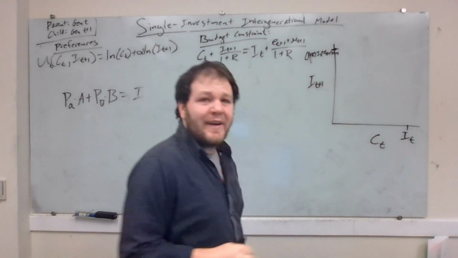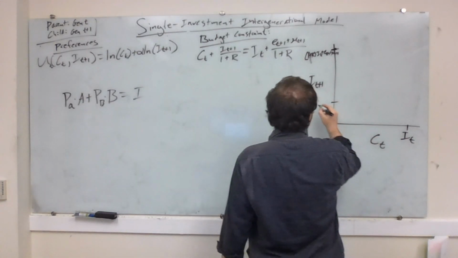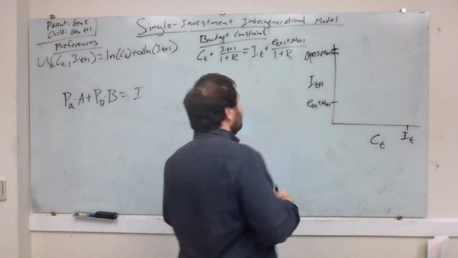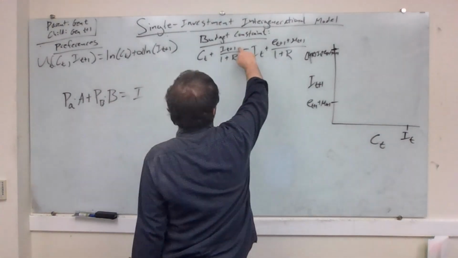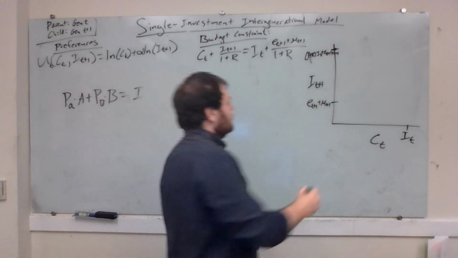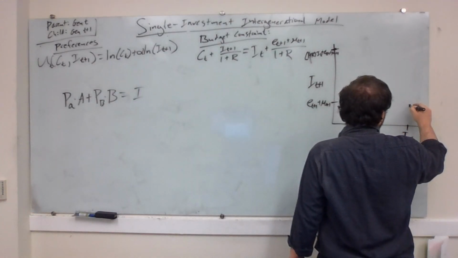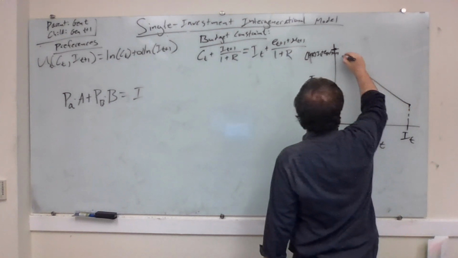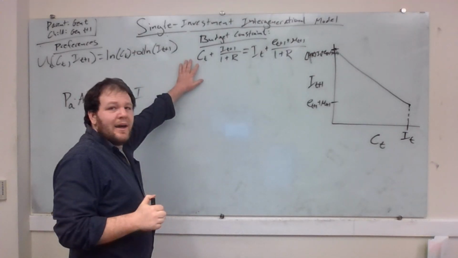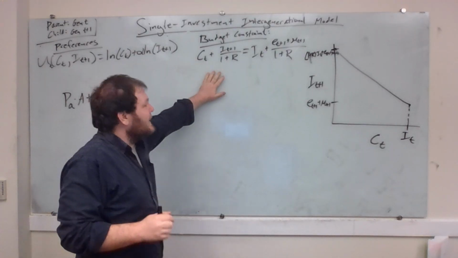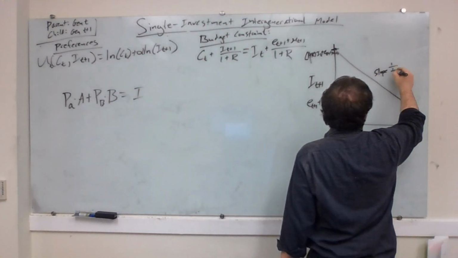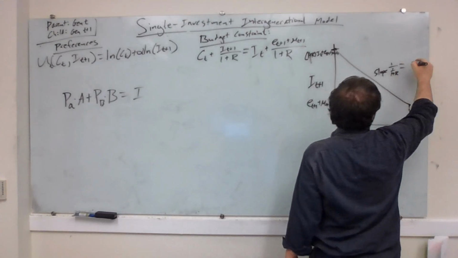And if I choose consumption of I_t today, my child's going to end up with e_t plus 1 plus mu_t plus 1 as their eventual income, right? I_t plus 1 over 1 plus r would equal (e_t plus 1 plus mu_t plus 1) all over 1 plus r. So I'll end up with a budget constraint that looks like this. What's the slope of this thing? Well, it's going to be the price of the horizontal good over the price of the vertical good. The slope is going to be 1 over 1 plus r,